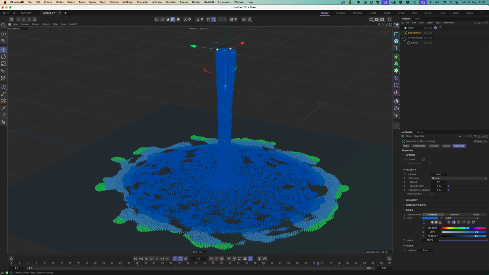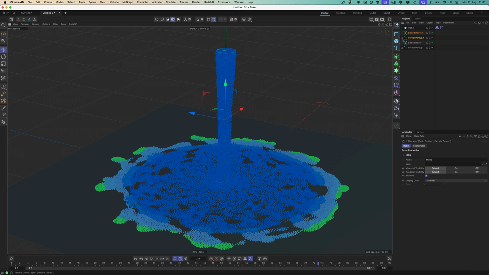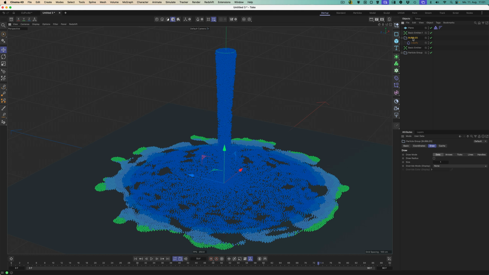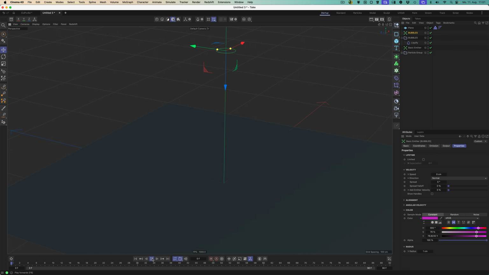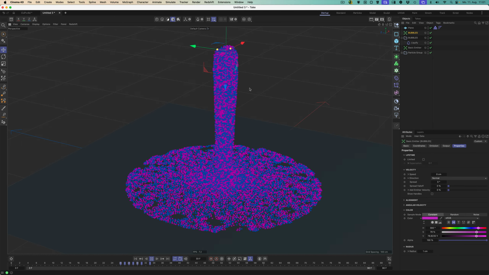Then we duplicate the emitter and the particle group and rename it to Bubbles. And here also Bubbles, and change the color and let's see what happens. Okay, and there are also, I see,